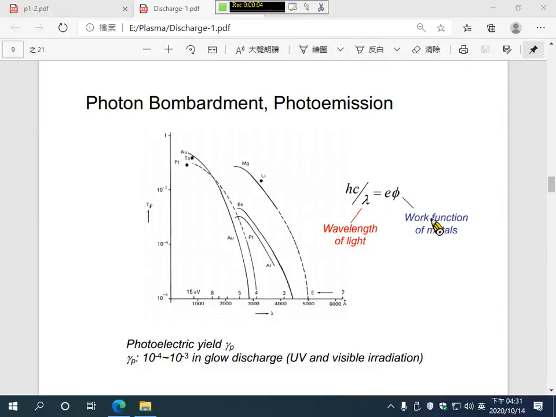Okay, so I just drew two potential models. The left side is for the hydrogen atom, and the right side is for tungsten metal. Okay. So from the quantum chemistry theory,